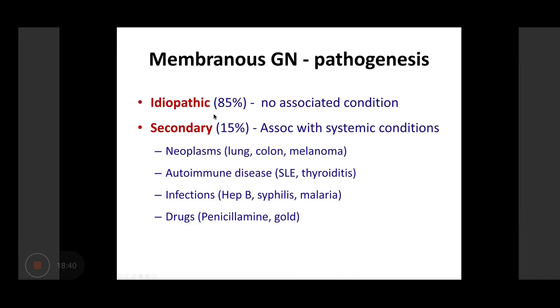15% of these are secondary to various other associated systemic conditions, including neoplasms of lung, colon, or malignant melanoma, autoimmune diseases such as SLE and thyroiditis, infections such as hepatitis B, syphilis, and malaria, and drugs such as penicillin and